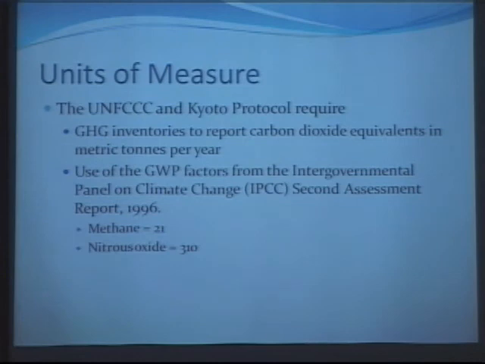And then the Intergovernmental Panel on Climate Change, the IPCC, has put out three different reports. The second assessment report in 1996, and then subsequently they put out the third report and the fourth report. Each report has a different list of global warming potential factors for the different greenhouse gases. So in 1996, the factor for methane was 21. The factor for nitrous oxide was 310. In the third report, I think it was 25 and 296, and I think now it might be 28 and 200 and